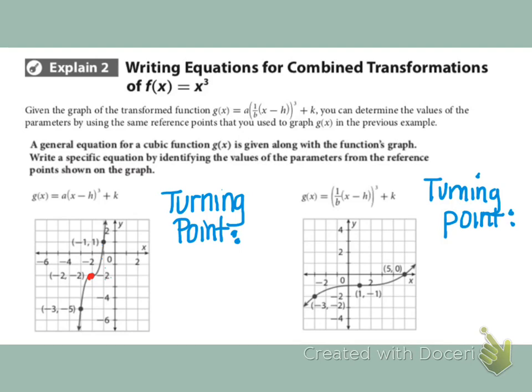So I know that the h and the k here are negative 2, negative 2. So that means I could go right here where this h is, and I could put negative 2 in its place. And where I see that k, I can also put negative 2 in. Okay. And now I just got to figure out, so they're telling me it's going to be in this format,